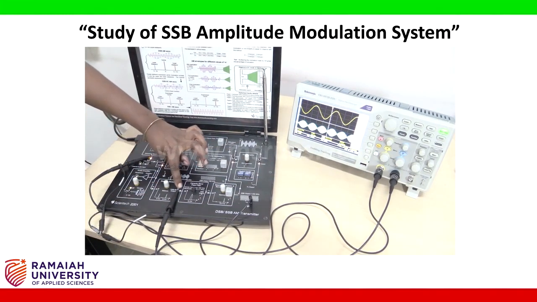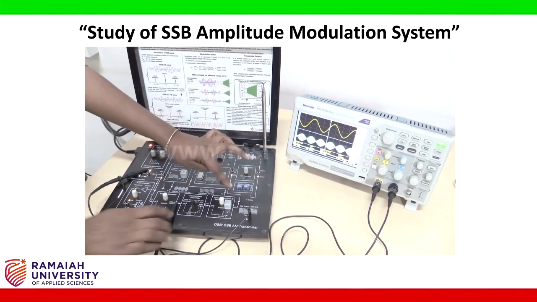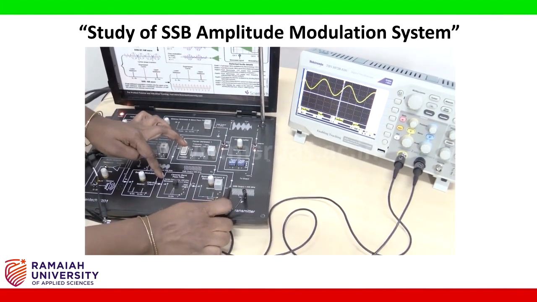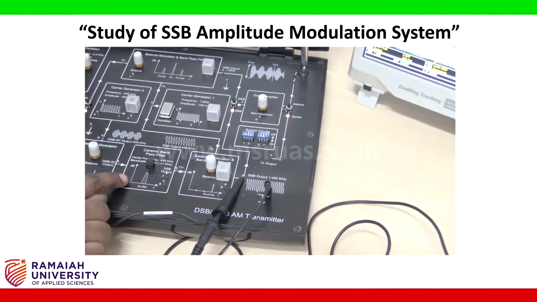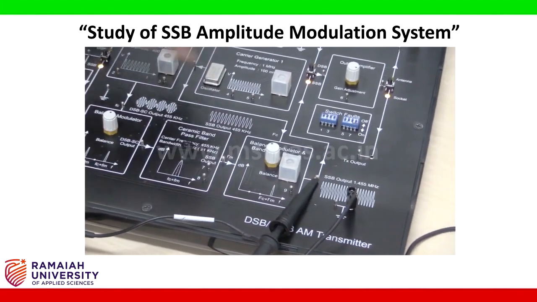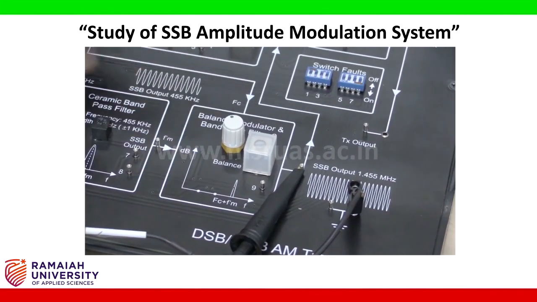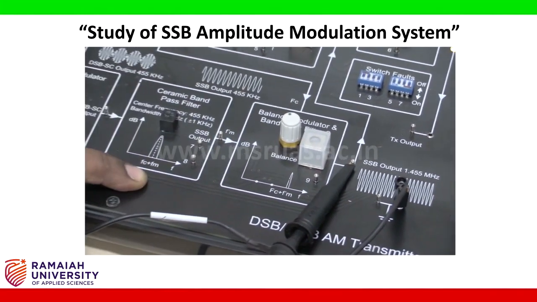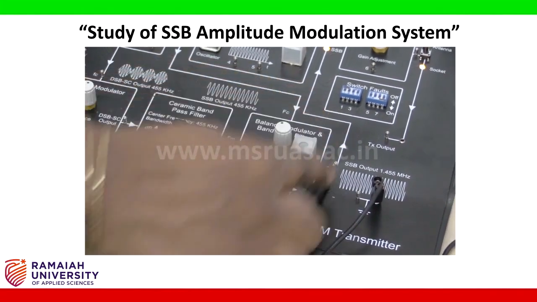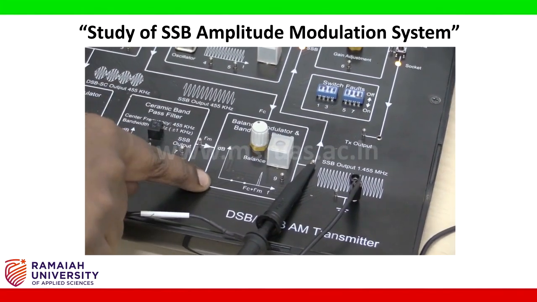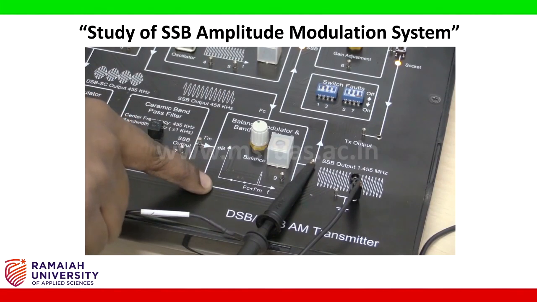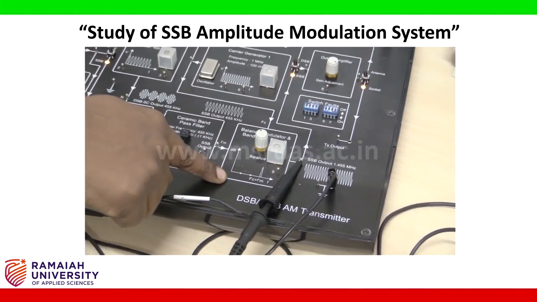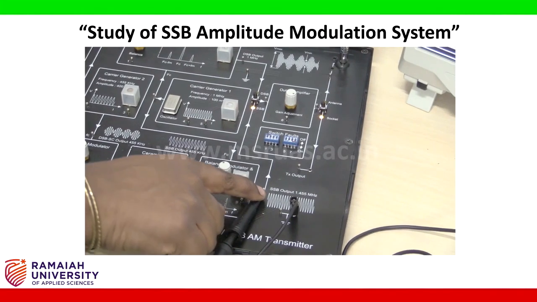This DSB-SC is next passed through a band pass filter, and next we have one more stage. We will now check the output here. SSB output takes only either the upper sideband or the lower sideband. So here it is tuned to FC plus FM, that is upper sideband, and after tuning it is again passed through a second band pass filter so that the rejection of the first band, that is lower sideband, is very good. So now after complete rejection of the lower sideband, only the upper sideband is available here.